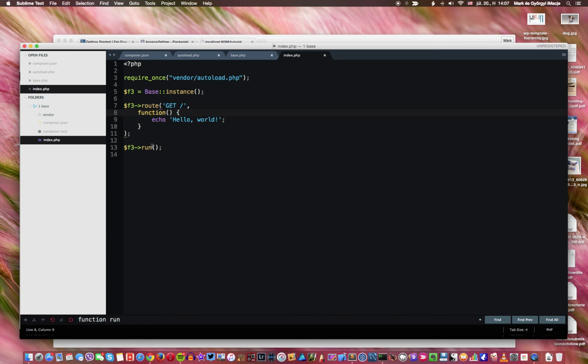We're going to use many files, and we're going to set up a project with a lot of different things. We're going to set up an MVC approach, like model view controller. We're going to add controllers, view templates, and models, and what's more, we're going to do some abstraction. We're going to make a base class for controllers, and then every other controller we have will extend that class, and you will see how that helps us build a complex and yet very simple solution based on the Fatfree framework. So see you